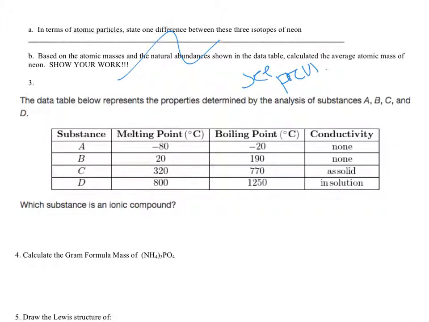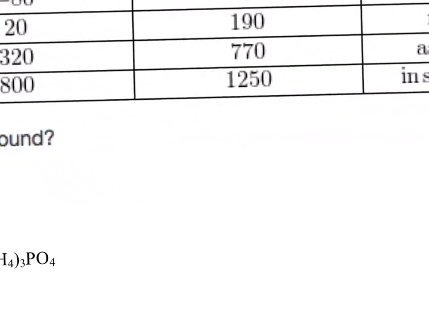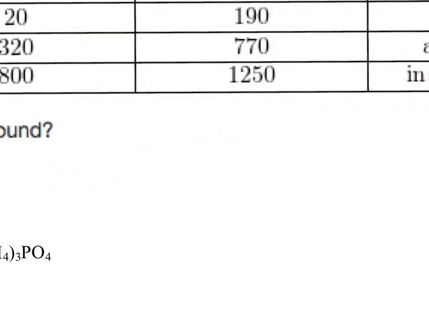Alright, the data table below represents properties determined by the analysis of A, B, C, and D. Which substance is ionic? Okay, so this means you've got to know the properties of ionic and covalent bonds. Alright, let's summarize them. So I'm going to zoom in here a little bit, and we're going to go with ionic